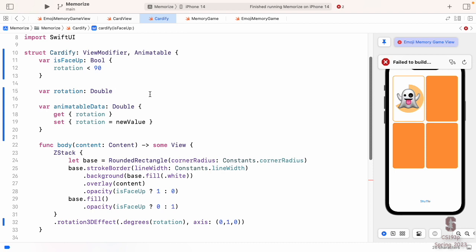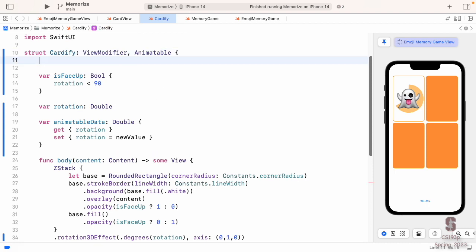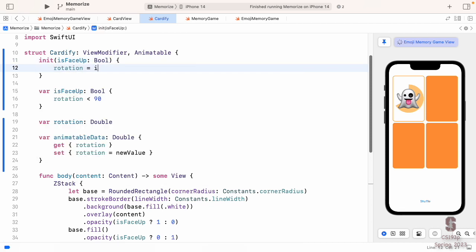Well, how about an initializer? init isFaceUp. It's a Bool. And if isFaceUp, then our rotation is 0. Otherwise, it's 180. I'm using my initializer there. It still says isFaceUp, and it's just setting the rotation to either 0, this, or 180, this.